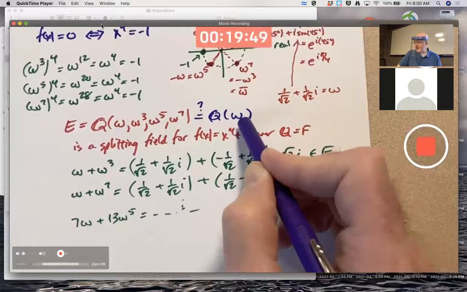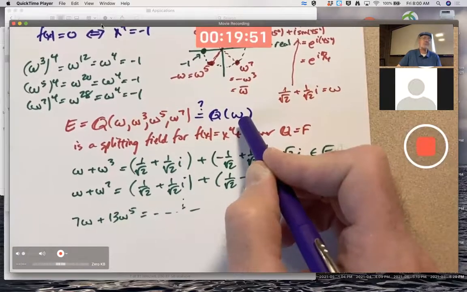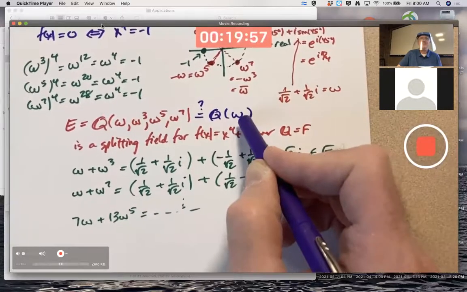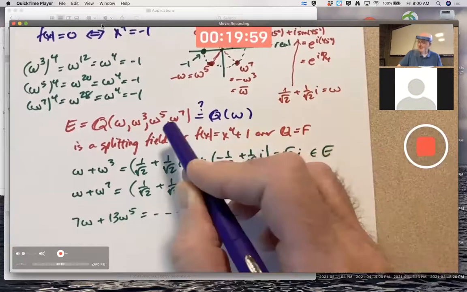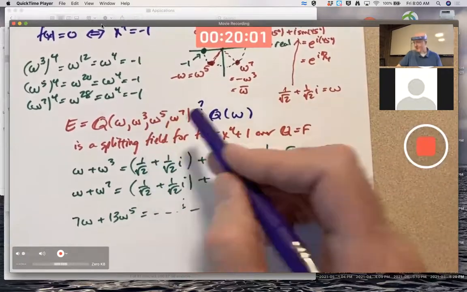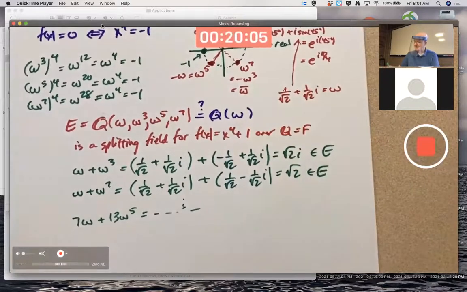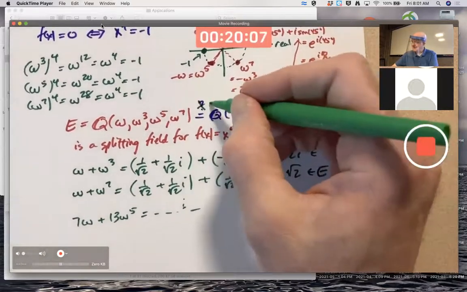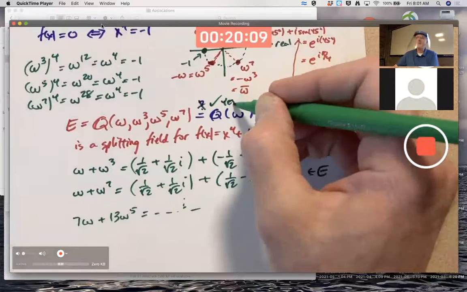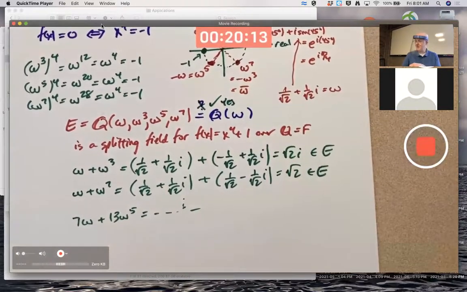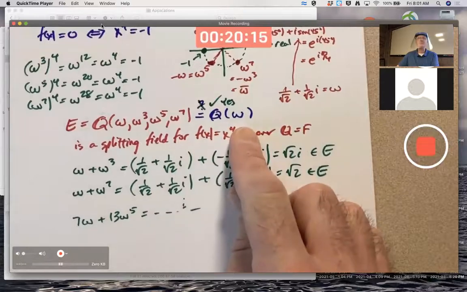But this thing would contain omega cubed, omega to the 5th, and omega to the 7th as well, because it's closed under multiplication and it contains omega. It's a field by definition. That's the smallest one. Therefore, this one's got to be a subfield of that too. They are equal. The answer is yes. They are equal. That's always nice when you can write your field extension as a simple field extension,